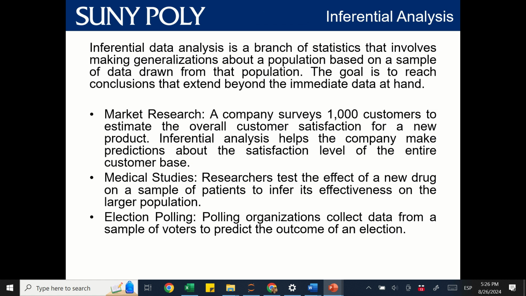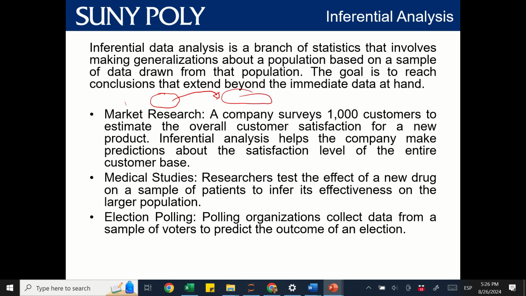So remember, increasing the difficulty level, descriptive is the most basic, then we have EDA, and the third analysis type is the inferential analysis. In this one, we don't have prediction, but we have estimation. The whole purpose of the inferential analysis is to draw a conclusion from a sample. So you collect a sample of observations, and using that sample of observations, you want to generalize the conclusions about